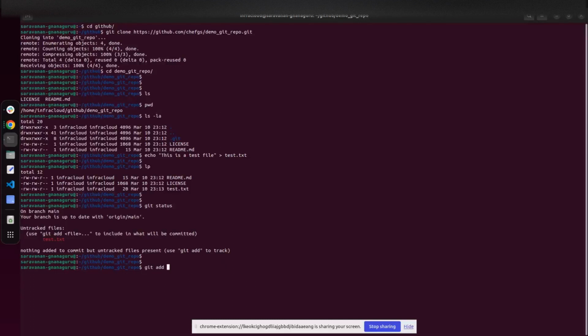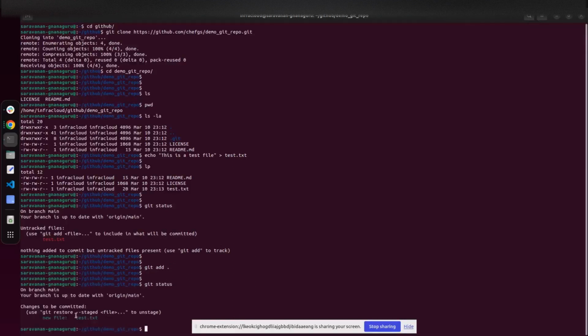So let's add it. The git add command adds the new files, or the unstaged or untracked files, that are shown in the git status command. For that we can just use a dot, so it will add all the untracked files and recently modified file changes. But if you want to check in only one specific file, you can just give the file name. Since this is a demo, I'll just use a dot. Now if you run this, we can see changes to be committed, because the test.txt changes have been staged